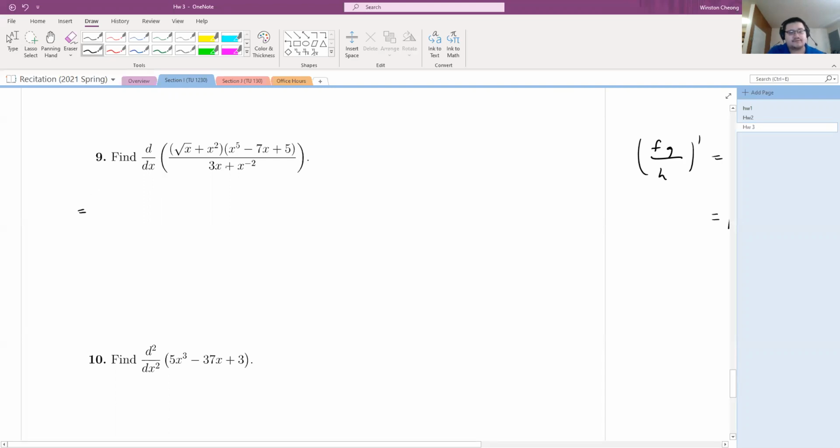So equals 3x plus x minus 2. I'm copying down the denominator first, and then I take the derivative of the numerator, which is rather lengthy. Derivative of the numerator now, I think there's a product rule that's happening, so I have to now put myself in the mind of doing product rule. So the derivative of this is going to be,